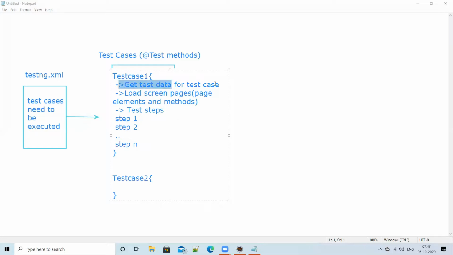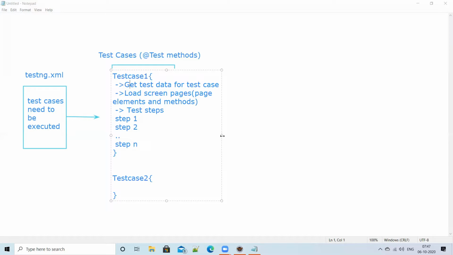So in every test case, we are getting the test data, and we are loading the elements and methods for the pages required for this test case, and then you are calling the methods like step 1, step 2, step 3, like that. What are the steps you have? So that's how you have test cases. There can be one test case, or two test cases, or 10 test cases, whatever. So that is about test cases.